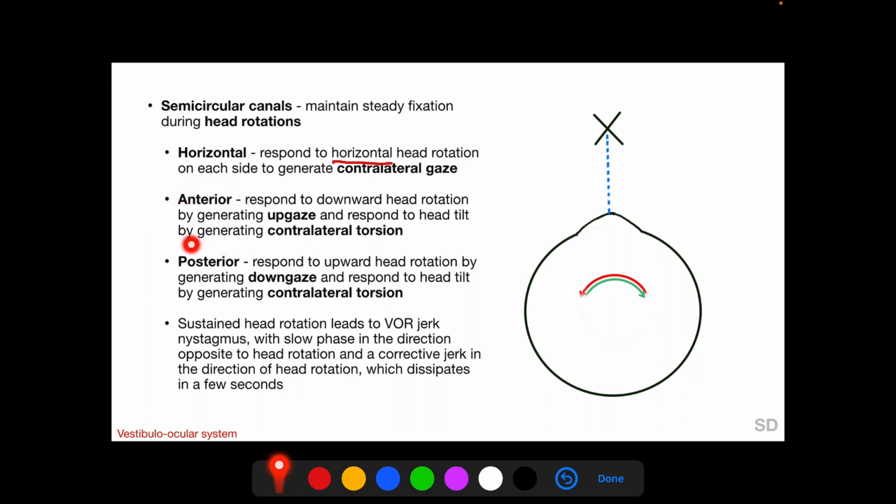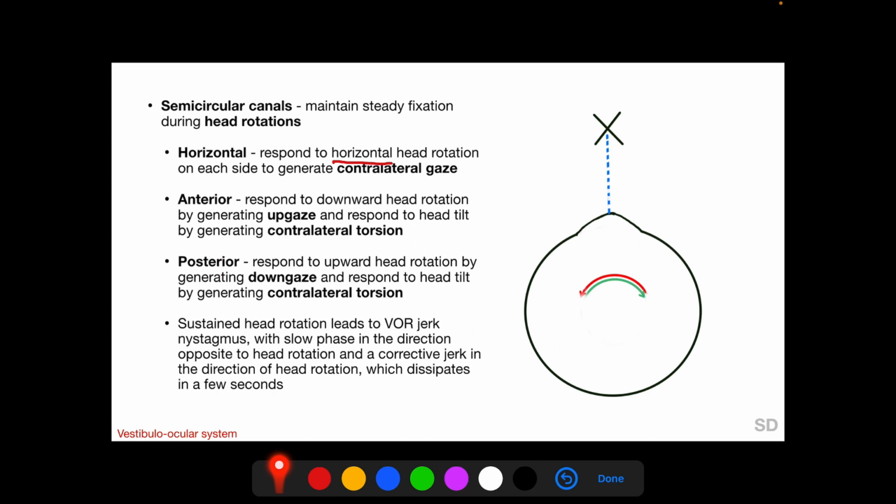The anterior and the posterior semicircular canals respond to head rotations in the vertical plane and also respond to head tilt. The anterior semicircular canals of both the ears generate up gaze upon downward head rotation, and the posterior semicircular canals of both the ears generate down gaze upon upward head rotation. Whereas the anterior and the posterior semicircular canals of the right ear generate leftward torsion of both eyes upon rightward head tilt, and the anterior and posterior semicircular canals of the left ear generate rightward torsion of both the eyes